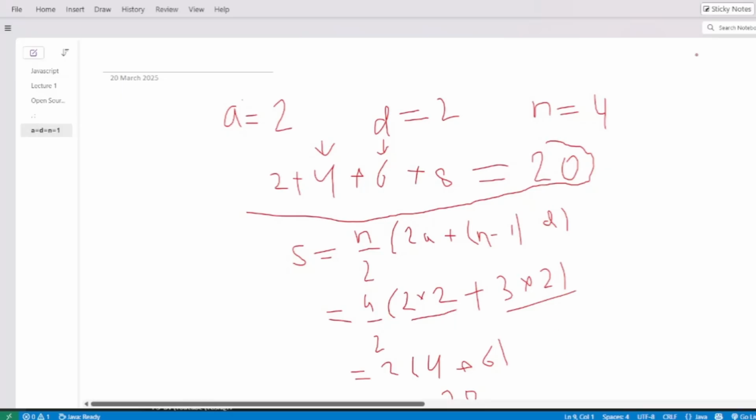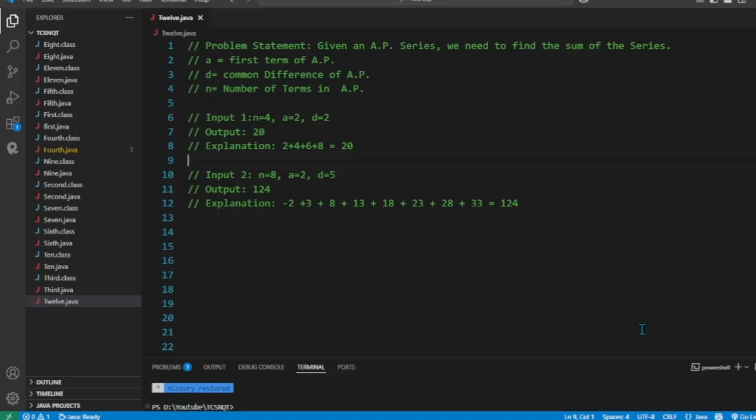Okay, so now first write the code of the optimization approach. In this video we are writing code in Java, and if you are familiar with Python, C++ or JavaScript, then simply drop a comment and I will provide the entire code in that language. In Java, first we create a class, after that the file name